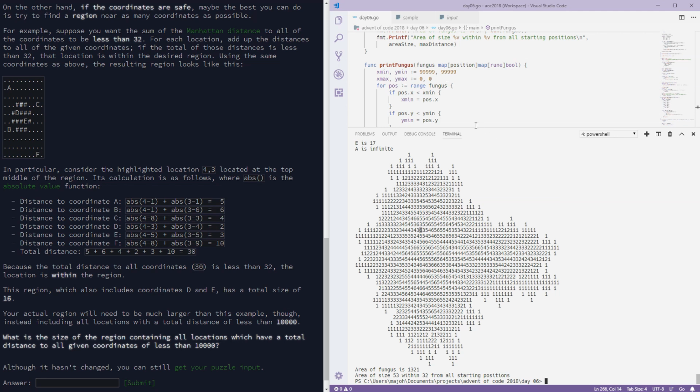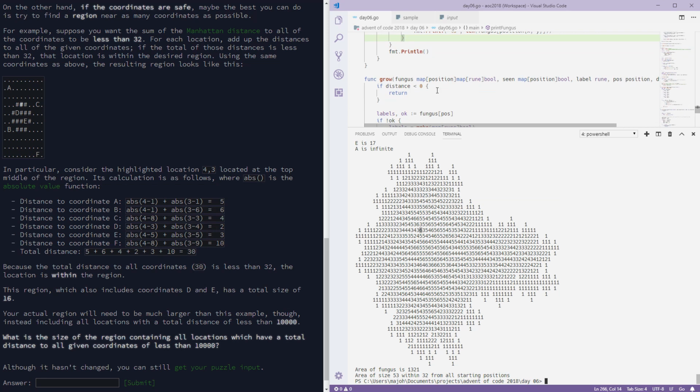Because basically we should have overlapping areas. And if we change that to that,